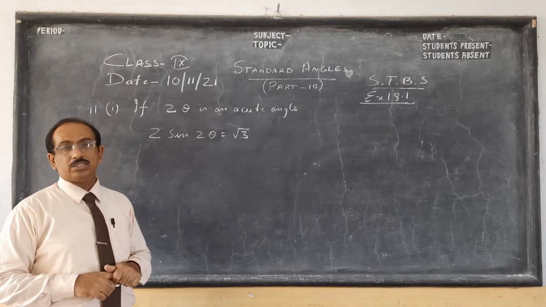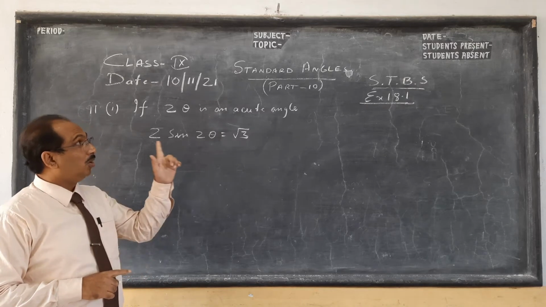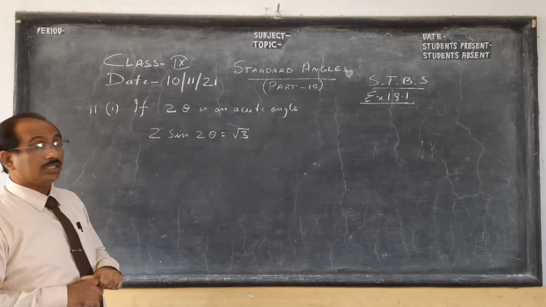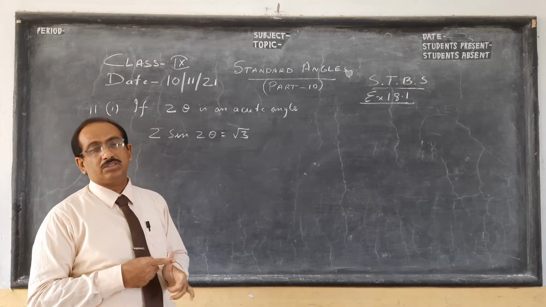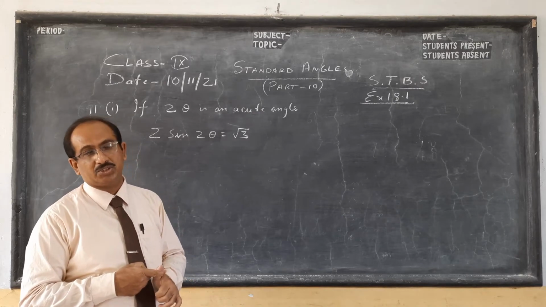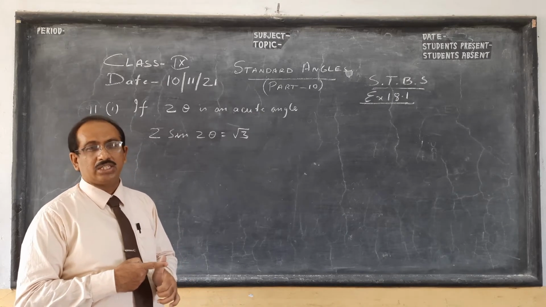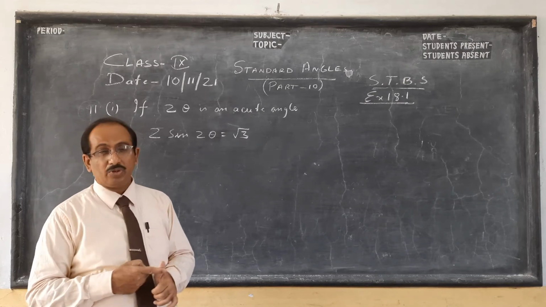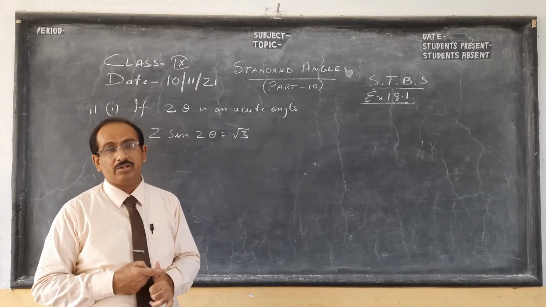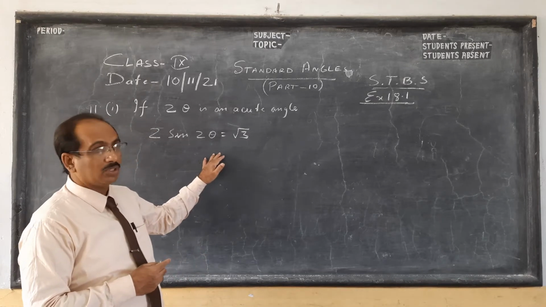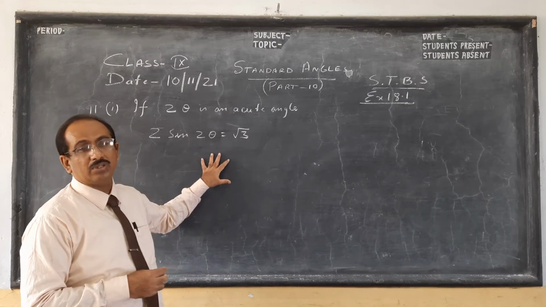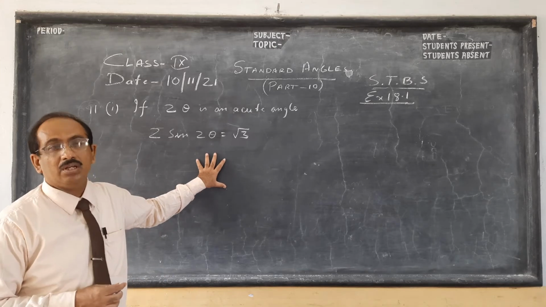So standard angle, this may be my third or fourth video, but on the whole, part 10 does not mean I have made all 10 videos on standard angle. The first 3 were just to tell you what the 6 trigonometric ratios are: sine, cos, tan, cosec, sec, cot. Then 4 and 5, if I remember, were about trigonometric ratios of complementary angles. Then from 6 onward, because standard angle is very important, from 6 to 10 we are going to have standard angle, the concept, the values.